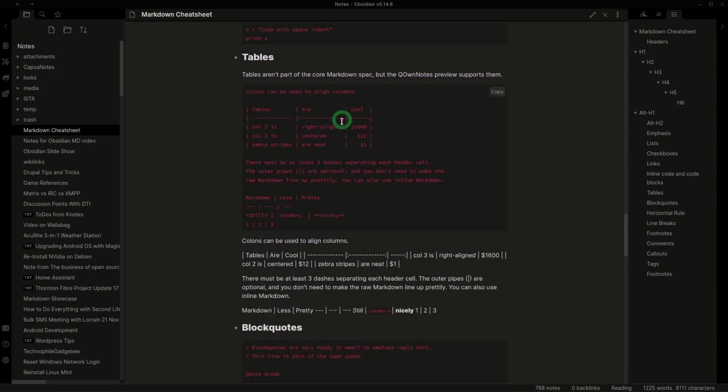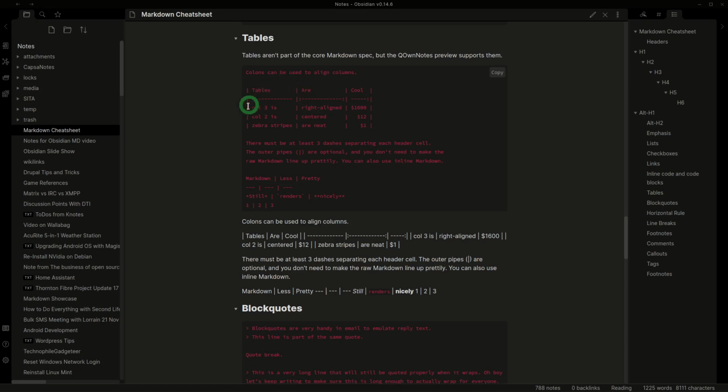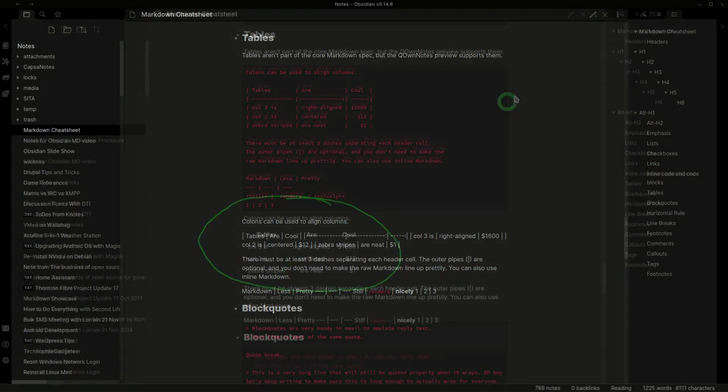Tables I haven't used very much, but essentially this is what it looks like. You're again using that vertical character to align some columns. Don't be put off by this. Quite a few of the Markdown text editing apps will do this automatically for you. You can help define your table and it'll help syntax and format it for you, but this is just explaining how you would do it. Once you've got it set up like this, it's very easy just to edit your text inside the tables, and the table will look like